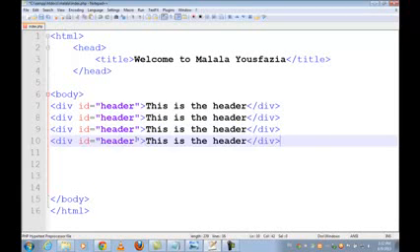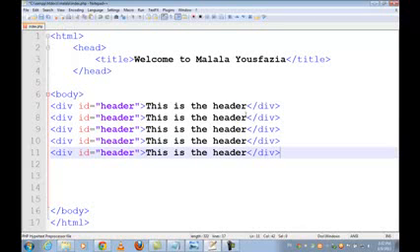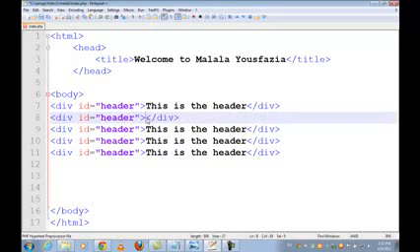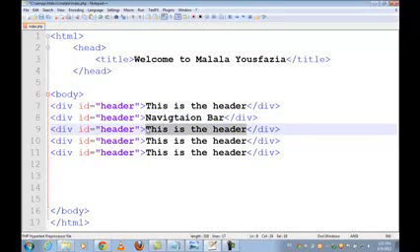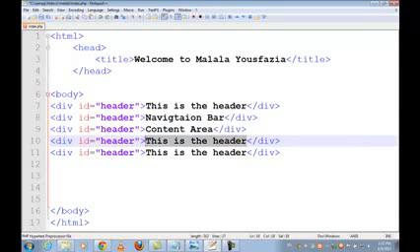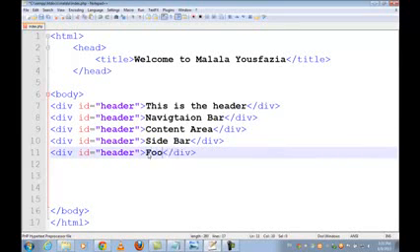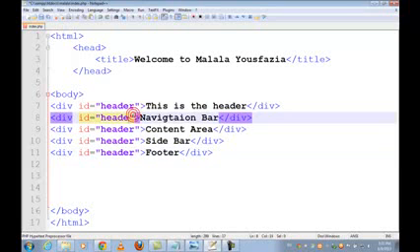So here we have just 5 sections. For example, the first is for the header, and the second will be the navigation bar. The third will be the content area or post body, you can name it whatever you like, it will be accepted. Here is the sidebar. One sidebar will be in our project, and this is the footer. All these will have different CSS IDs. So navigation, just nav